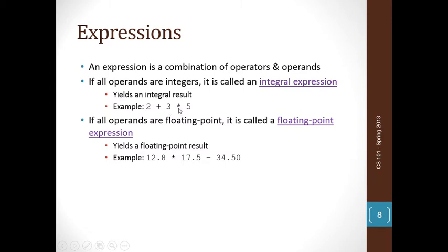So multiply has higher precedence than plus, so we will first multiply, then add the result. If we have operators of same precedence, then we will have to evaluate from left to right, but these two places have different precedence, so we will evaluate it according to the precedence level.